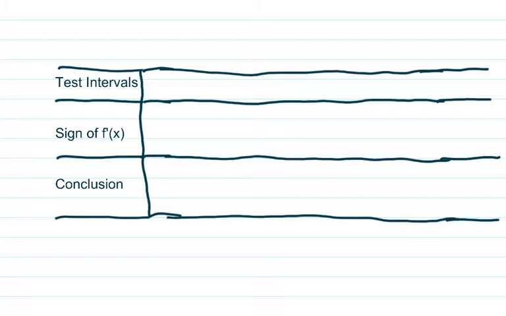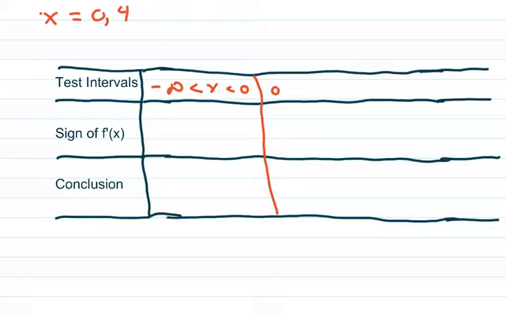So what I'm going to do is, since I have, let me write them down again, x equals 0 and 4, I'm going to go first from negative infinity to 0. Then I'm going to go from 0 to 4. And then I'm going to go from 4 to infinity. And my derivative was